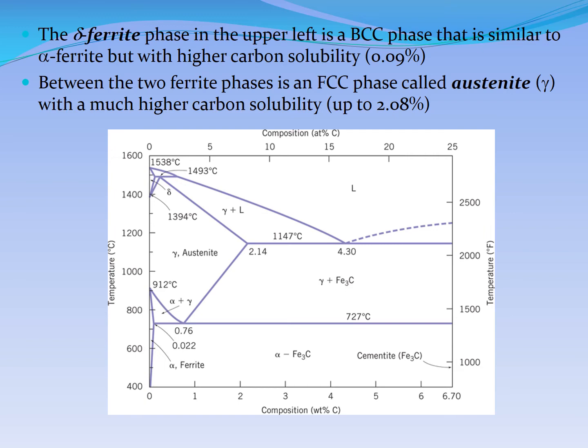Delta ferrite, you see at this extreme corner here is delta ferrite. You see it is almost at 1500 Celsius. So iron is this very special material. If you are above 1600, it is liquid. But if you hit 1538 or below, then it will be liquid plus delta. So around 1500 Celsius, it is so hot, but some of the liquid iron will already start converting into a solid.